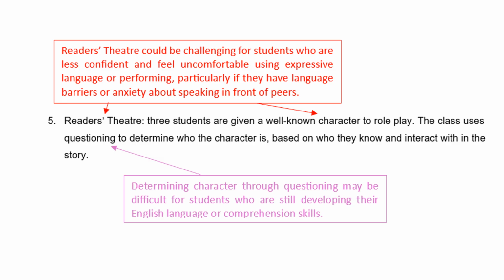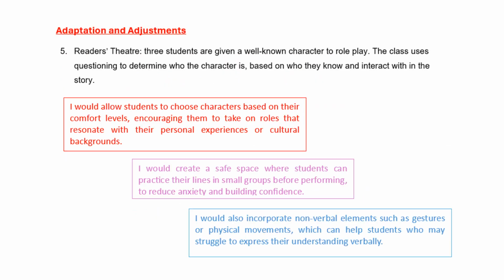Activity 5 could be challenging for students who are less confident and feel less comfortable using expressive language or performing, particularly if they have language barriers or anxiety about speaking in front of peers. Again, determining the character through questioning may be difficult for students who are still developing their English and comprehension skills. I would allow students to choose characters based on their comfort levels. I would create a safe space where students can practice their lines in small groups before performing to reduce anxiety